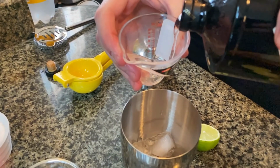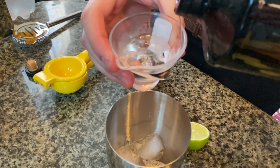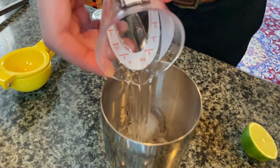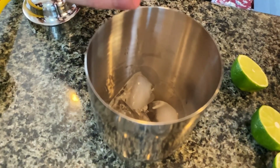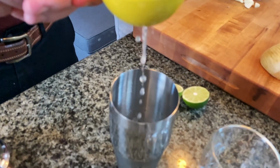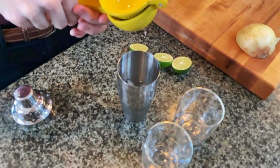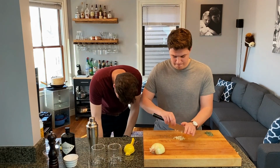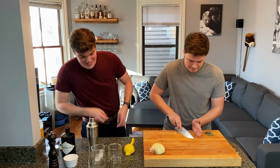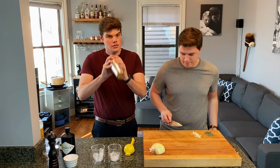We're making 2 drinks here. I'm going to do 2 ounces of gin per person. We use 1 lime per person. And we're going to add some ice to our glasses. Feels like a school project. 3 cubes is probably good enough. There we go. Our gin and our lime is